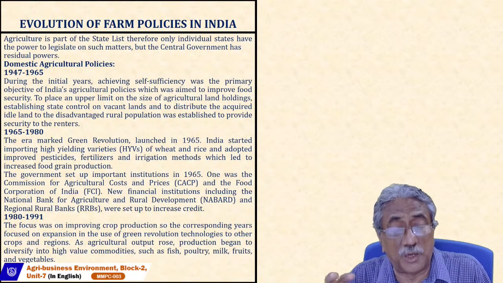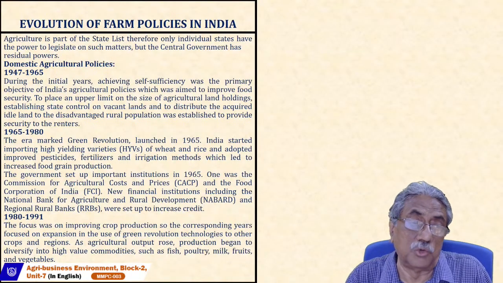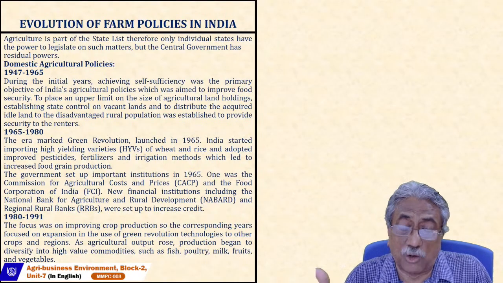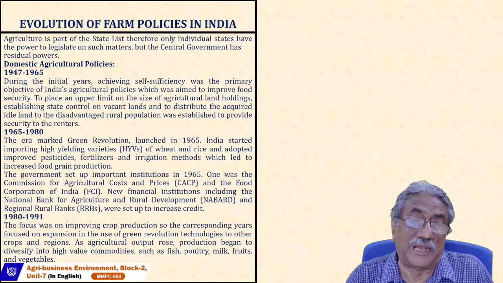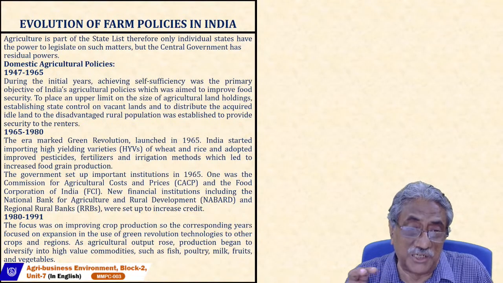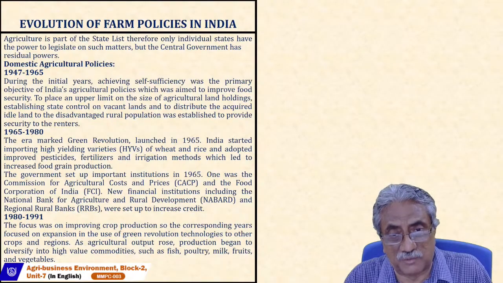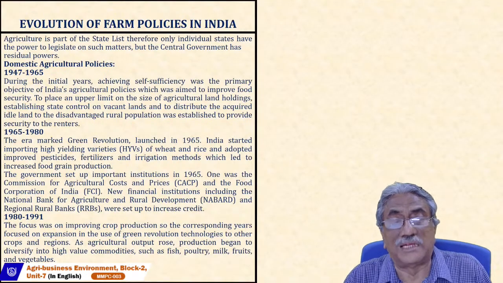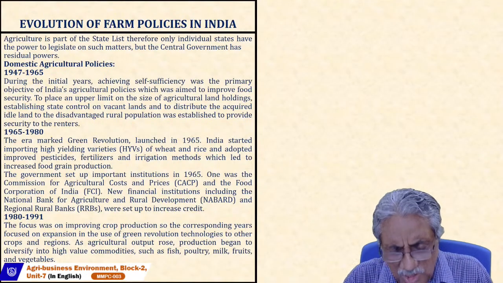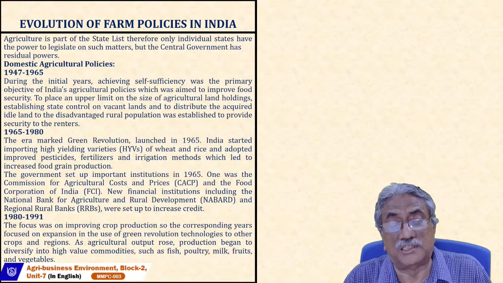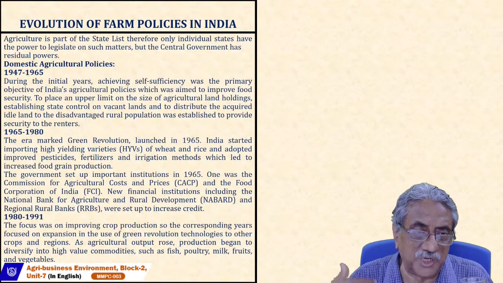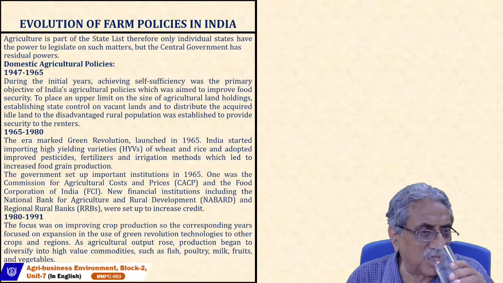And then RBI started new financial institutions. You all heard the name of NABARD, National Bank for Agriculture and Rural Development. And also another credit delivery mechanism was started by the nationalized bank and the concerned state government. So in each state, there were some regional rural banks set up, particularly dedicated to give credit to the rural and small industries in that state. So they were called regional rural banks. Like Odisha, you have Utkal Gramin Bank. Similarly, Chennai, you have something rural bank, etc.